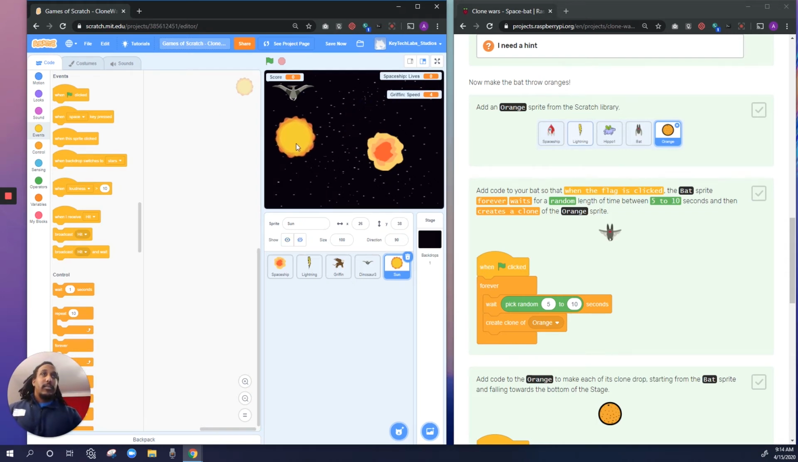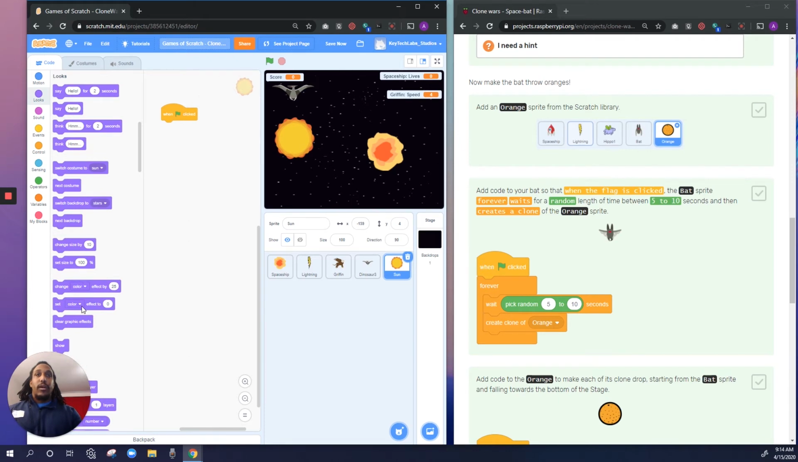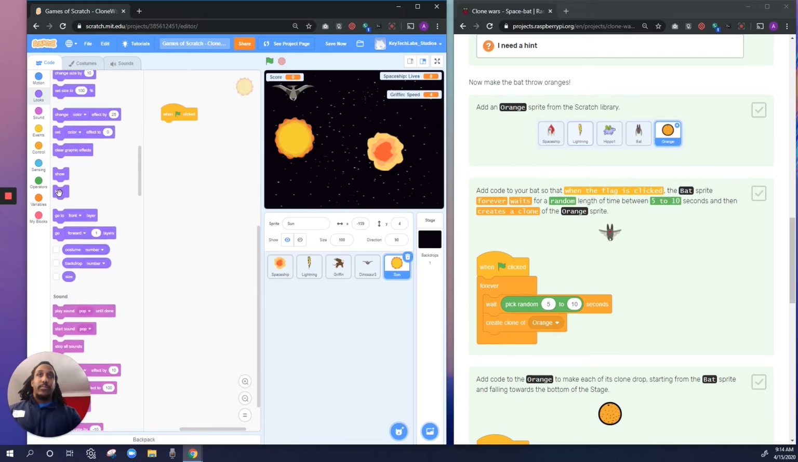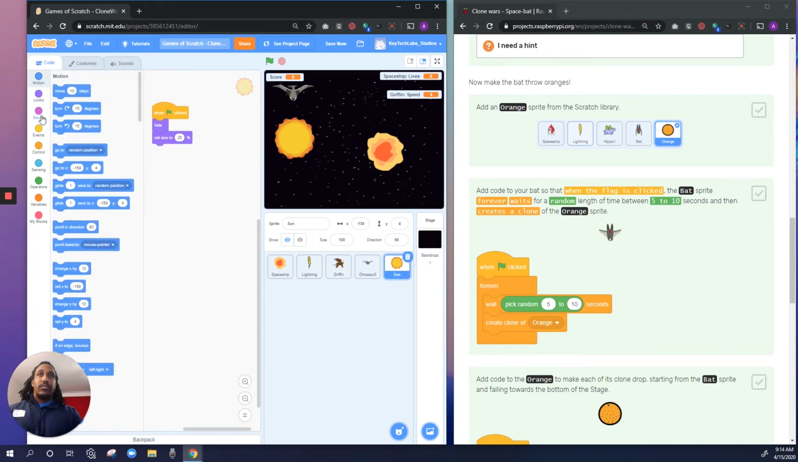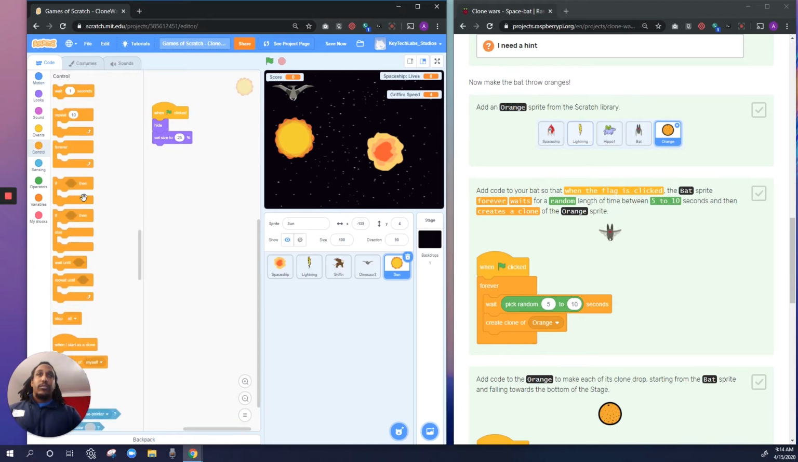So that sun, we're going to do the same thing we did with the lightning bolt, which is say when clicked, we're going to hide. And we're also going to set the size to be extremely smaller so you can dodge it. 25%. Then just like the lightning bolt, we're going to clone this. So we're going to say